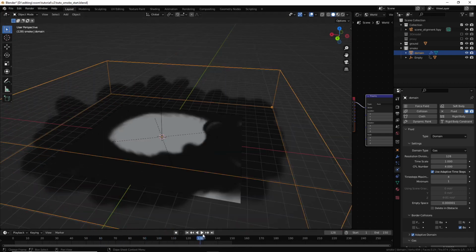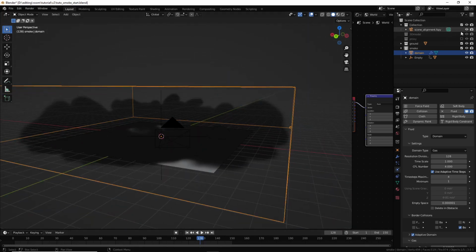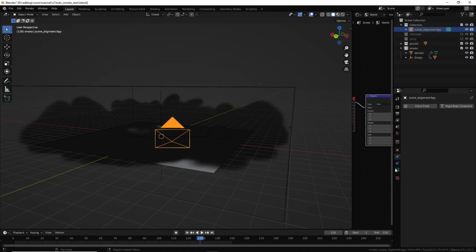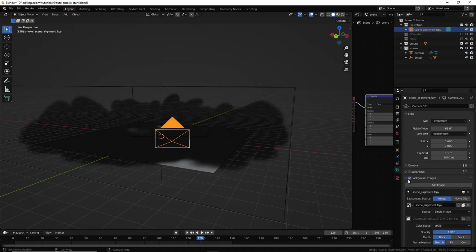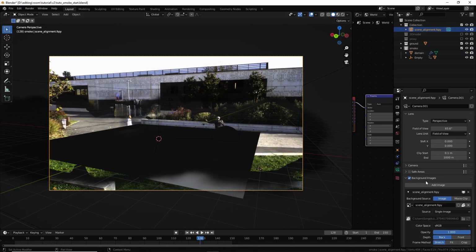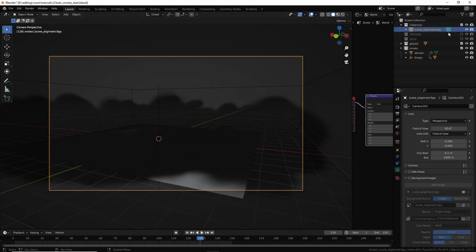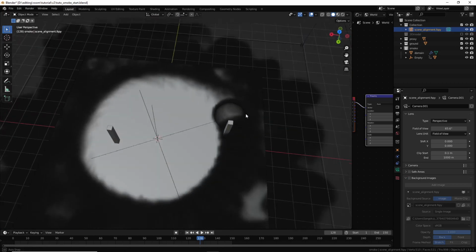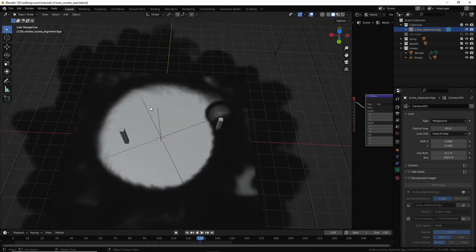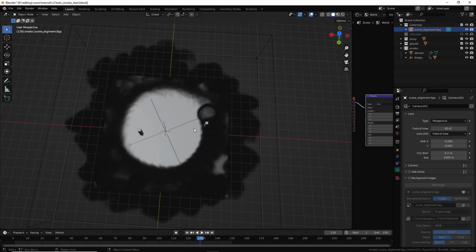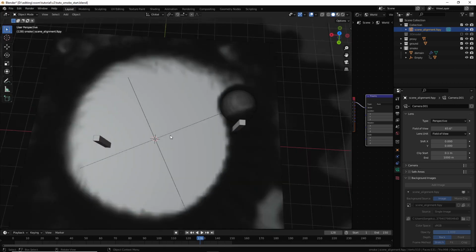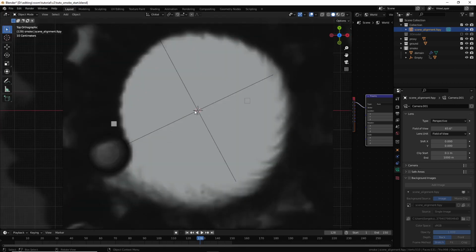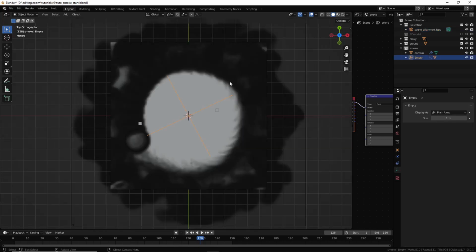Now let's see how to make it turn around our characters. So select the camera and bring back the image background. And actually I got a better idea. Disable the image and the background image, and bring back the proxies. Yeah, now you can see better. We need to have the smoke rotate around both characters, so the center of rotation should be just between the two characters. So go to top view, press 7, and select the empty,